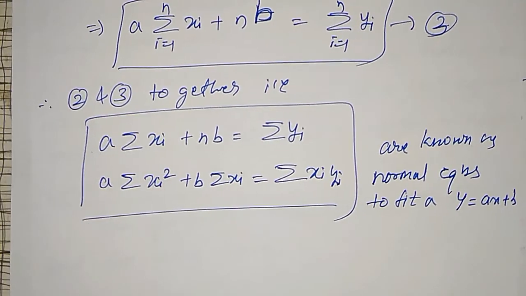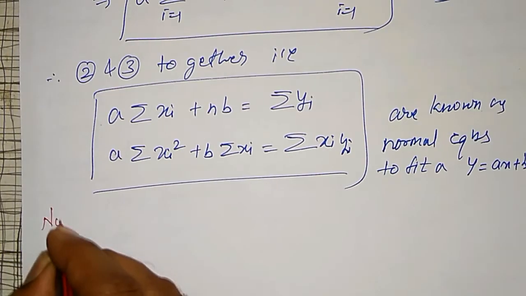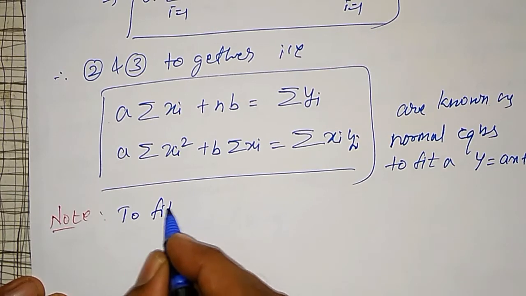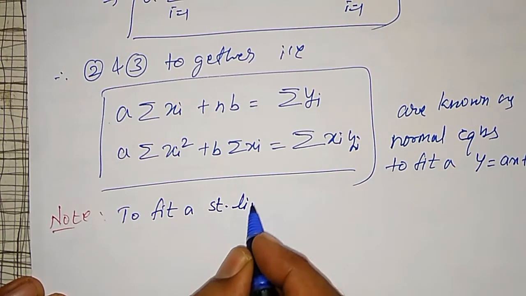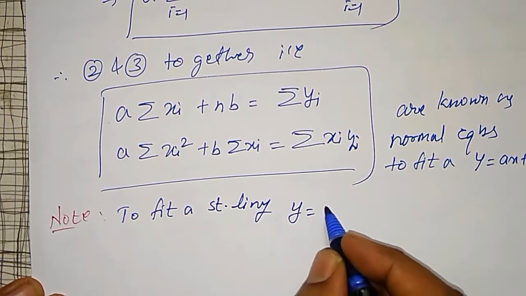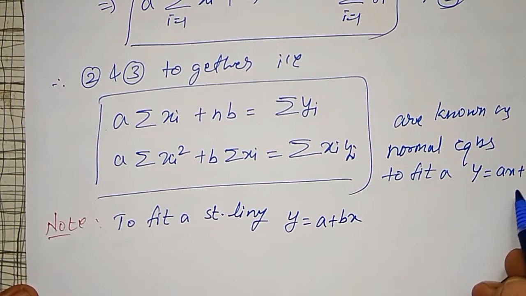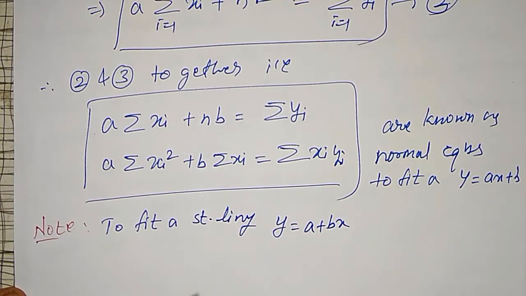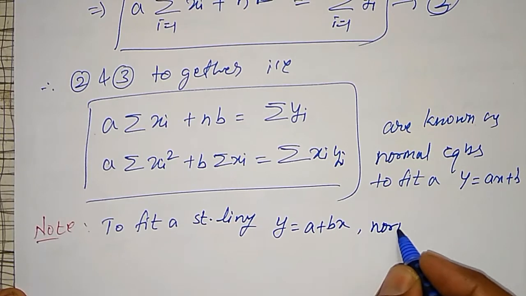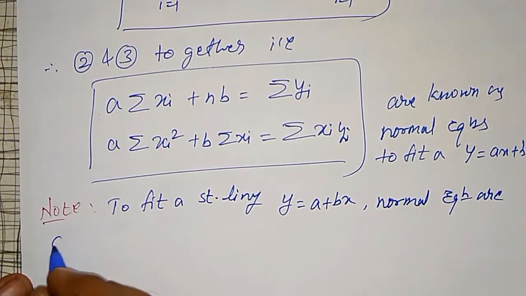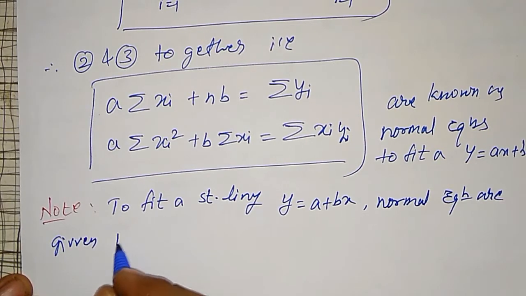Let us make a note here. To fit a straight line y equal to a plus bx, it is y equal to ax plus b. These are the normal equations. To fit a straight line y equal to a plus bx, the normal equations are given by